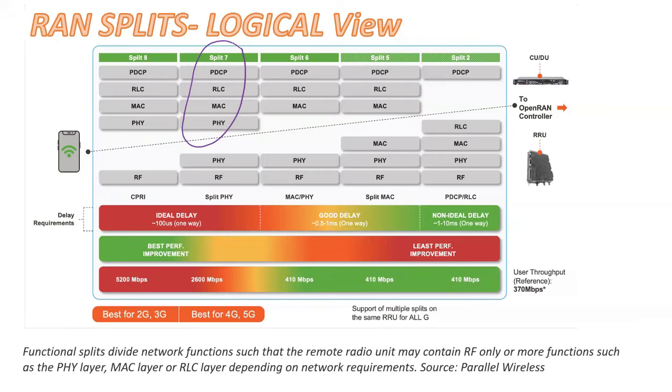And for applications like 2G and 3G, if you're doing splitting, it is recommended to use split 8 for 2G and 3G, right? Why is it possible? Because 2G and 3G were not as complicated. Hardware is not as complicated as in the case of 4G and 5G. So if the functionalities are simple, only then can you have simple circuits or microchips like in 2G and 3G inside the RRU. That's why in 4G and 5G, split 7 is a good option, but for earlier or traditional networks, split 8 is the good option. Okay, so there are various splits possible: split 8, split 7, 6, 5, and 3, right?